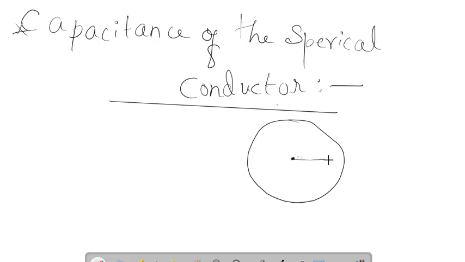This is the point at the origin, having the radius r, which is having the point charge q at the origin. So now let the charge q be given to the sphere, which is assumed to be concentrated at the center. I have shown you that the charge is concentrated at the center of the sphere. Now the potential at any point on the surface of the sphere is given by